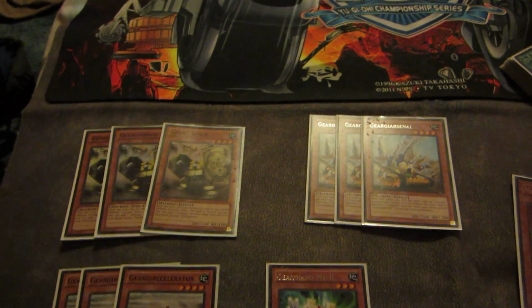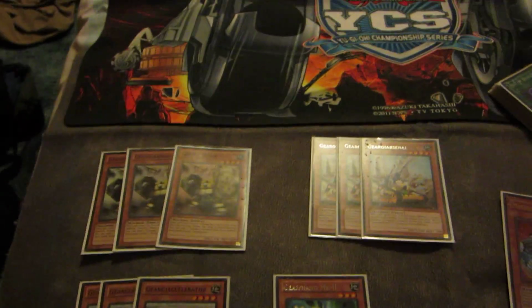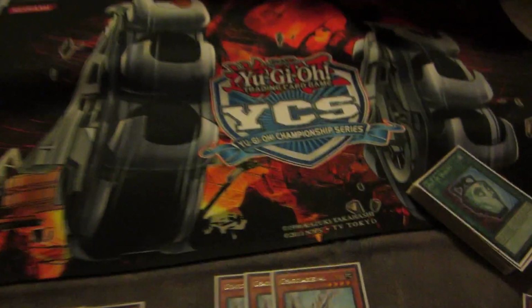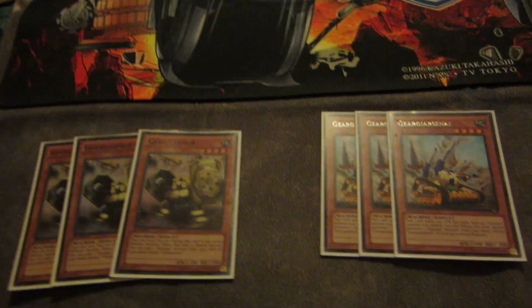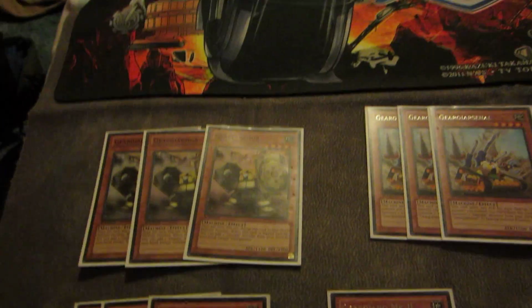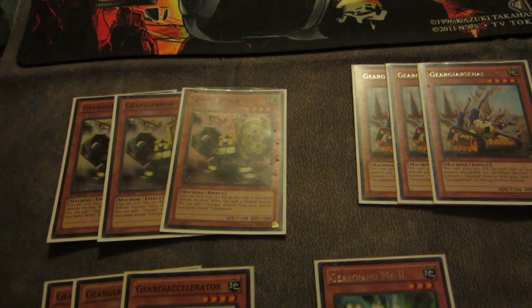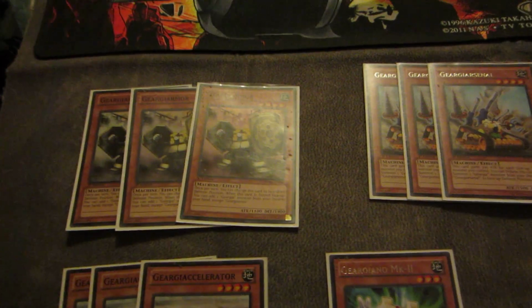I top 16 YCS Indianapolis with Machina Geargia, and this is my deck profile. There's the mat. Okay, so I ran 3 Geargia Armor. This is the main engine of the deck besides the Machinas. When he's flipped, you get a Geargia from your deck to your hand, and he can flip himself back face